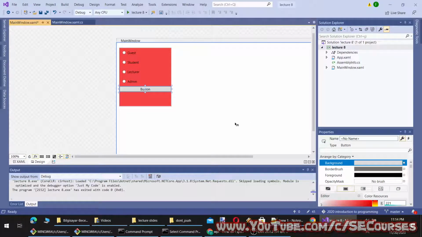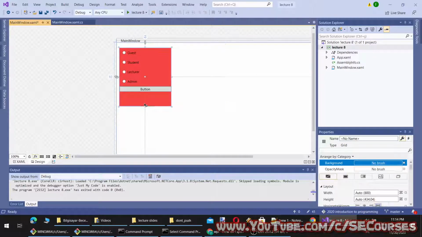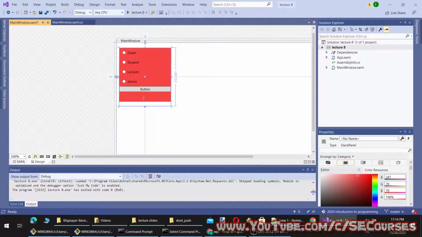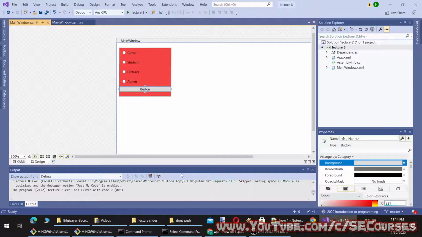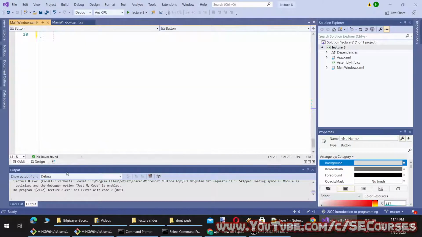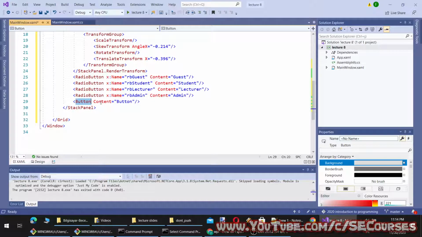Okay, and I'm going to set this button, let's give it a name and some features, and let's say show selected option.